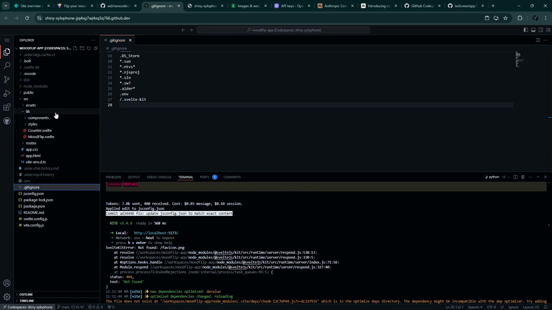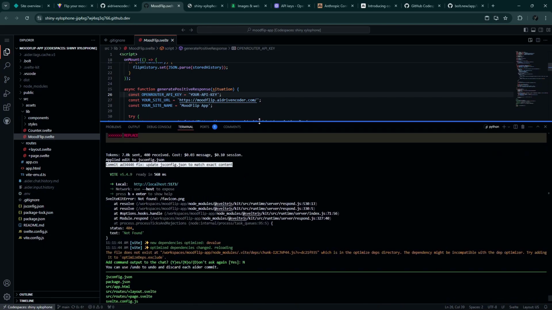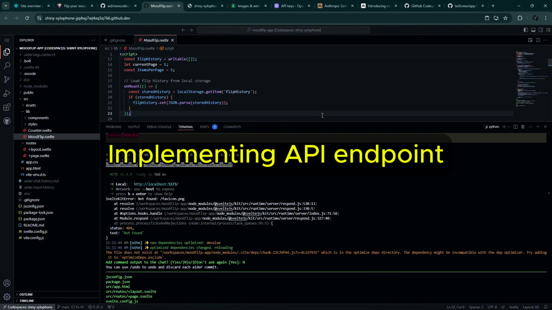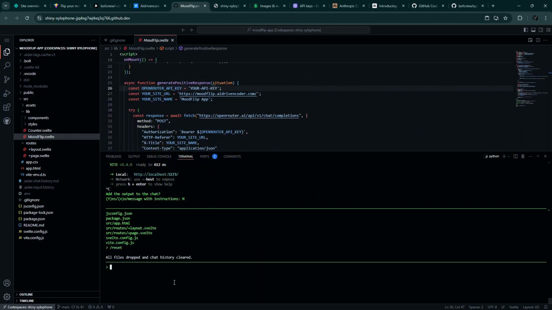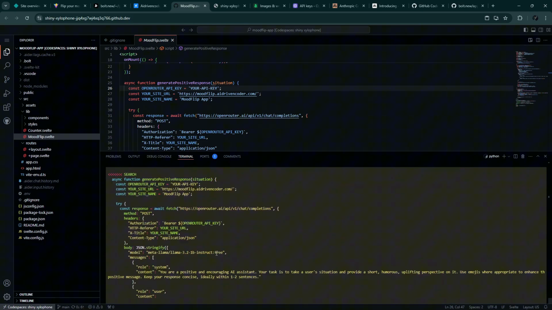Now let's examine our code, and we can see that the OpenRouter API key is still in that component because we just asked Aider to do the migration. So the next obvious step is to fix this vulnerability and of course take advantage of our backend. To do that, let's reset and then let's add moodflip up to the chat, and then let's ask Aider to